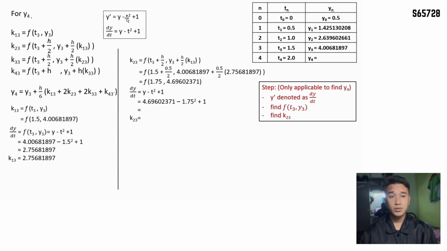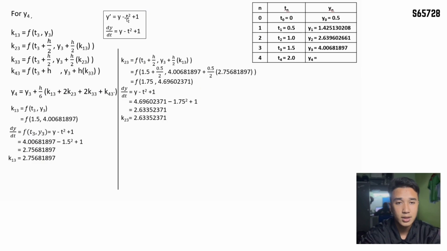So we substitute with the value 1.5 plus 0.5 over 2, and for the y3 we substitute the value of 4.00681897 plus 0.5 over 2 times 2.75681897, and then we'll get the answer 1.75 and 4.69602371. And then we substitute these two values in the equation y minus t squared plus 1, and then we'll get the answer of